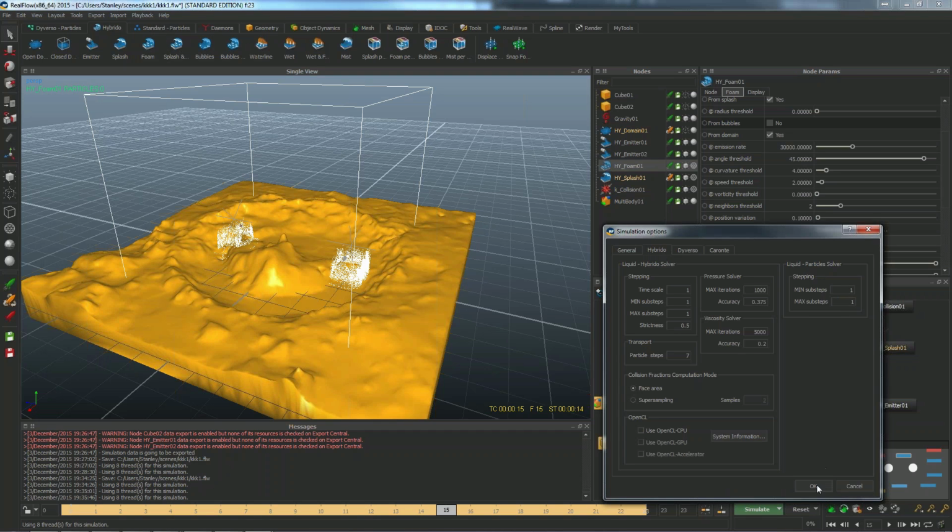Okay, if you set the mean substeps and max substeps to 1 and 1, you will be speeding up the simulation a lot. Okay,